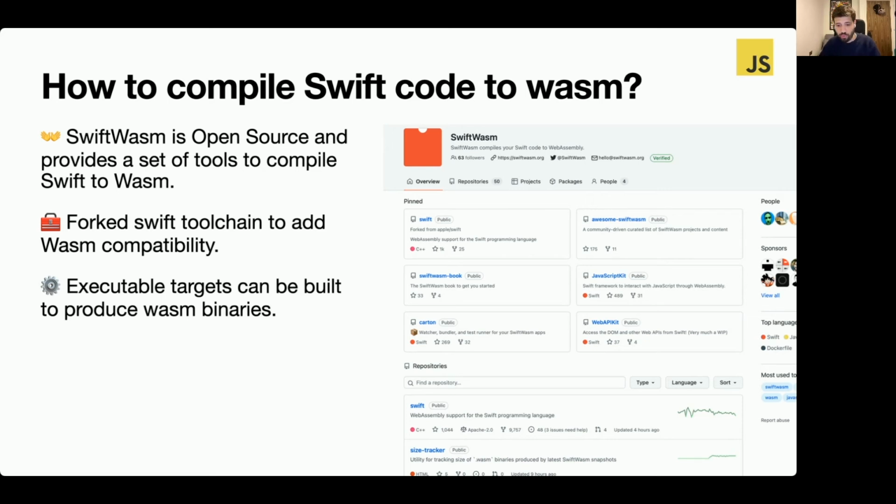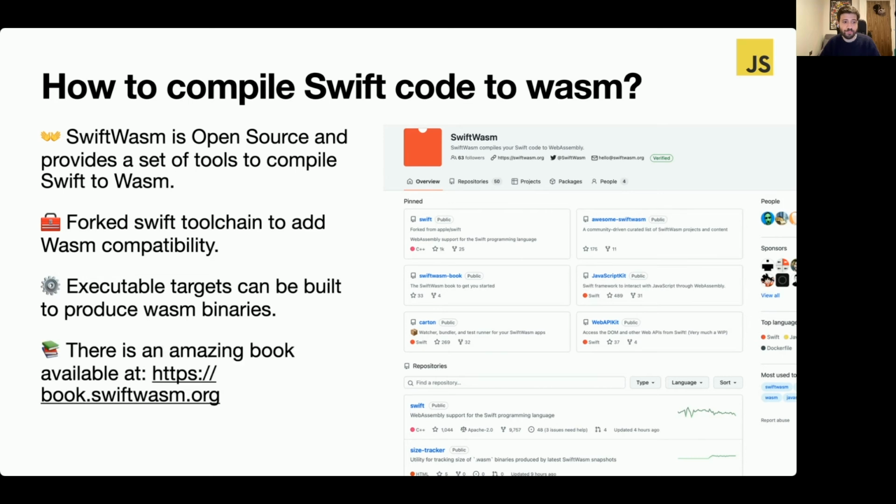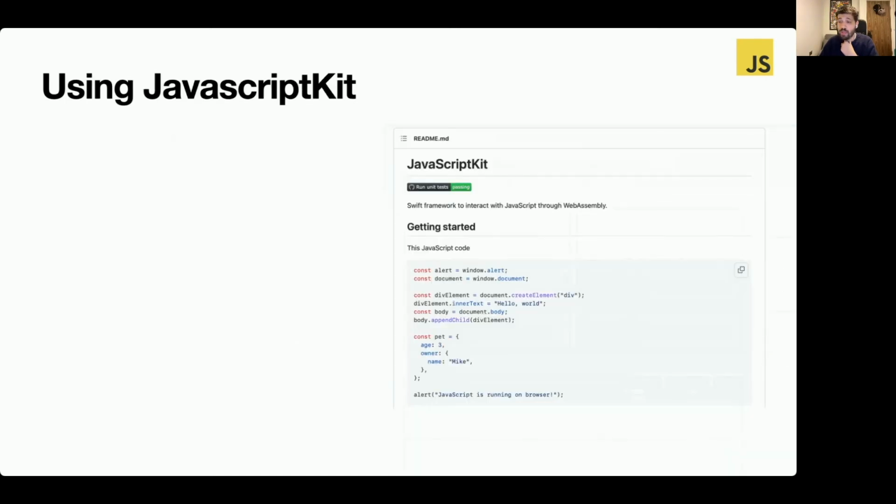And then through selectors, you can expose functions to JavaScript. There is an amazing book on the topic available for free on their website. It's book.swiftwasm.org, and if you're interested in the topic, I would recommend giving it a look.